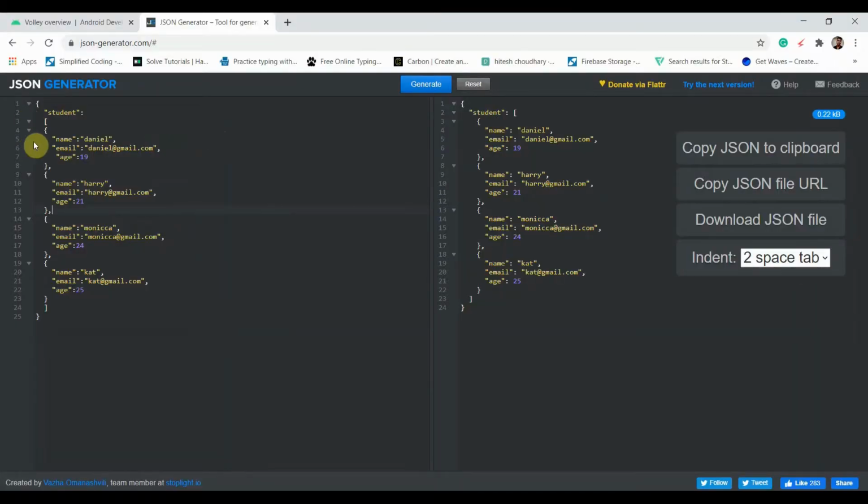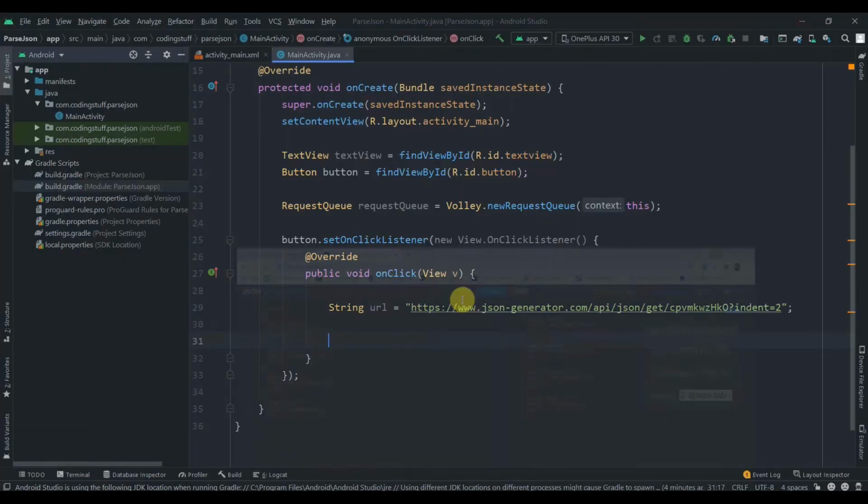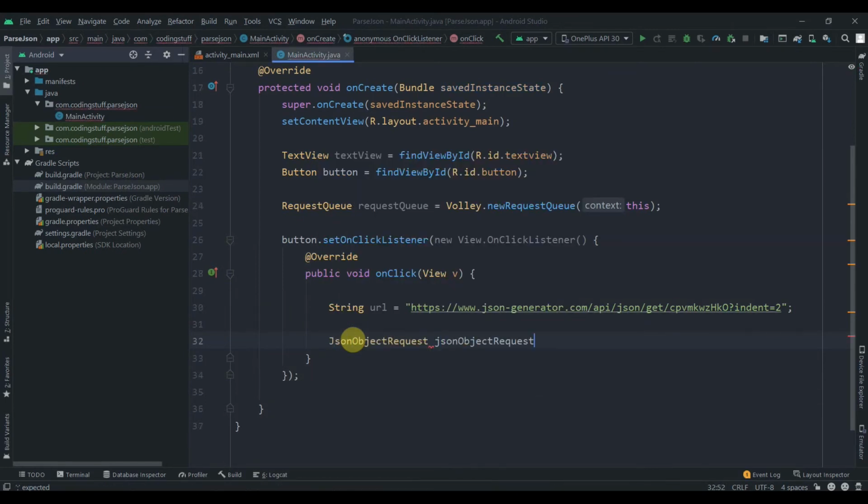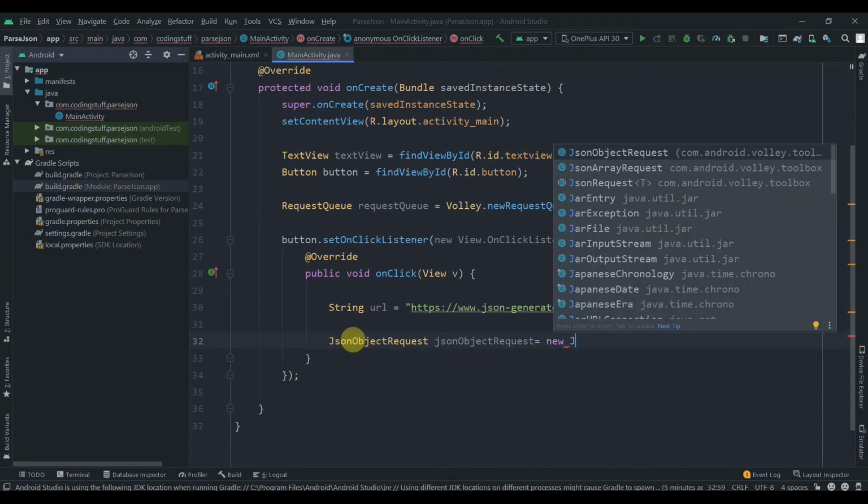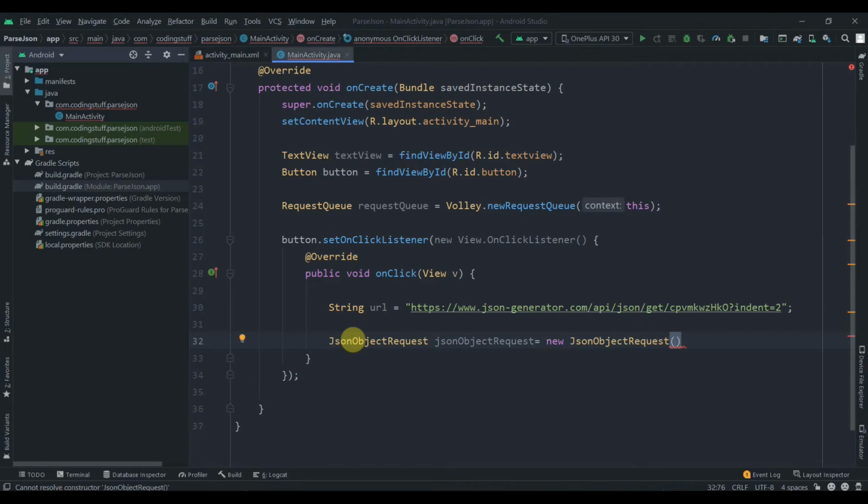Over here, as you can see, we get the object at first, and inside that we have the student array. So we are receiving an object first. Just write your JSON object request, let's name it jsonObjectRequest equals new JsonObjectRequest, and here we need to pass a couple of parameters.